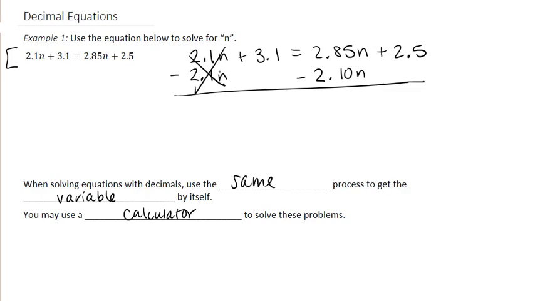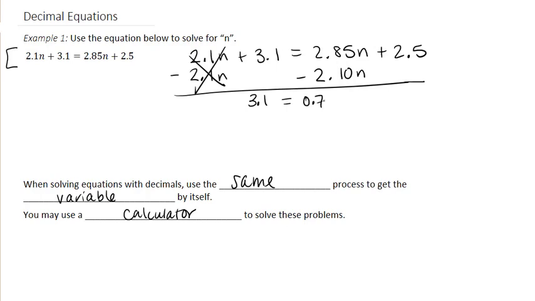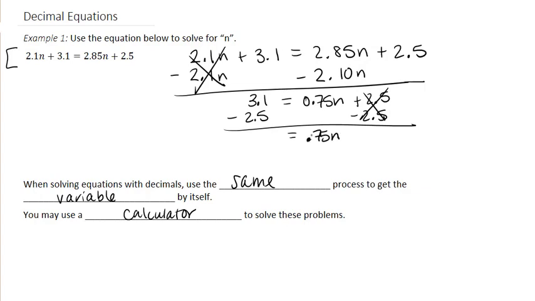So this just becomes 0. So we're left with 3.1, which is equal to, so we have 2.85 minus 2.1, which is equal to 0.75. And then we have plus 2.5. Then we're going to subtract the 2.5 from both sides. This just becomes 0. So on the right hand side, we're just left with 0.75n. And then we have 3.1 minus 2.5, which is equal to